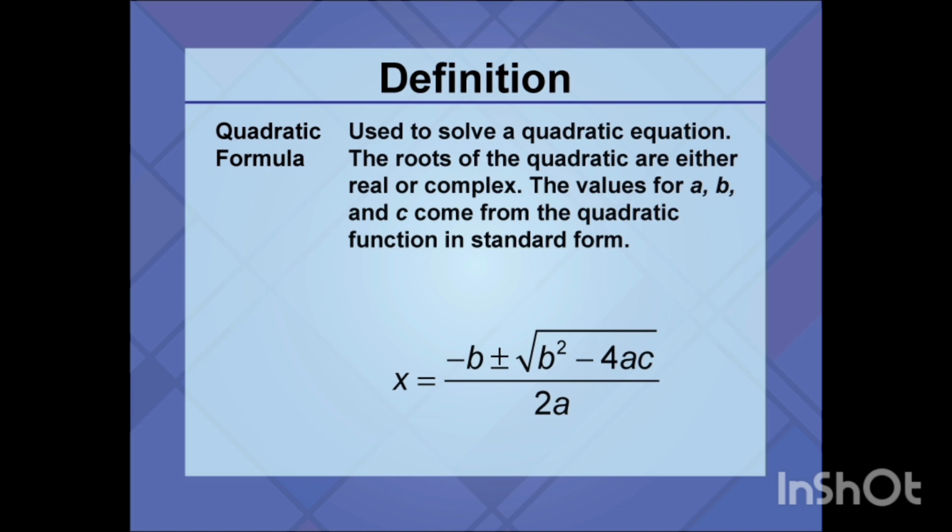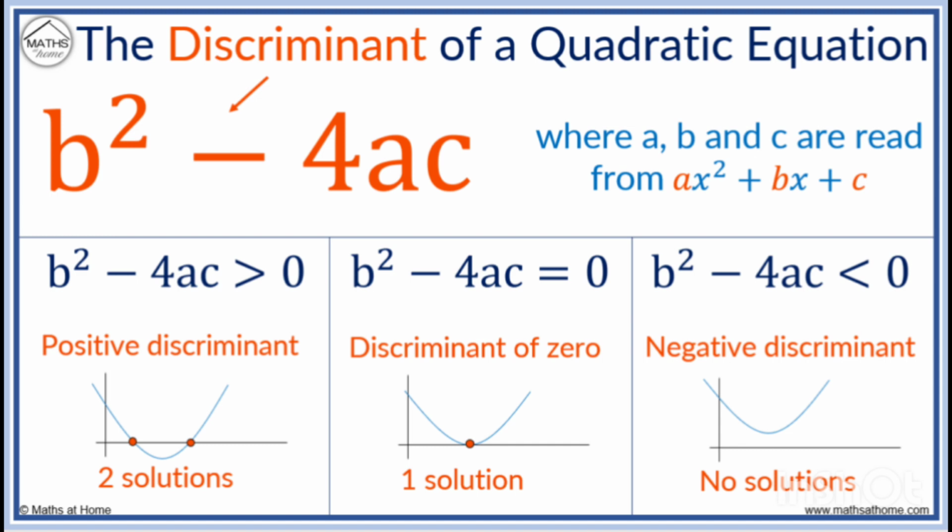it gives us positive roots, which means two roots, like 1, 2, 3, 4. Here is some pictures. B square minus 4ac, if the discriminant is greater than 0, then we will get two distinct solutions. Okay, and if b square minus 4ac equals to 0, then we will get repeated solutions, like 1, 1, 2, 2. Okay, and if b square minus 4ac is less than 0, then we will get no real solution